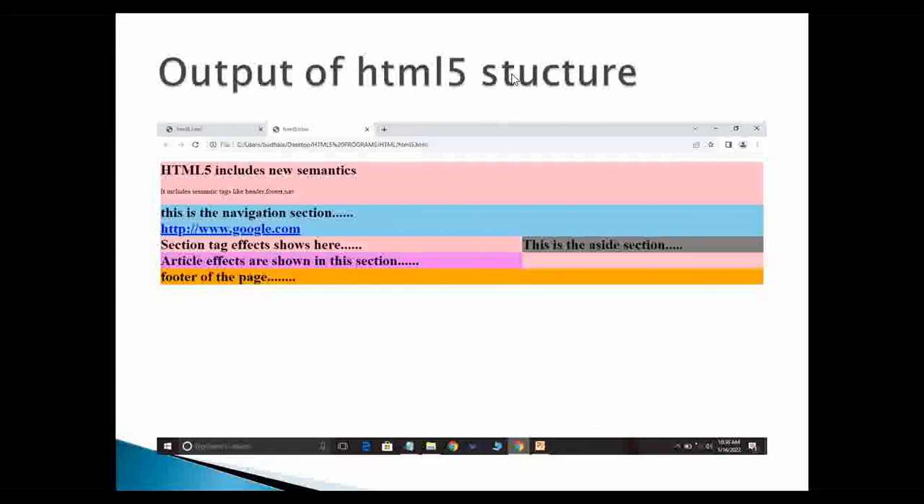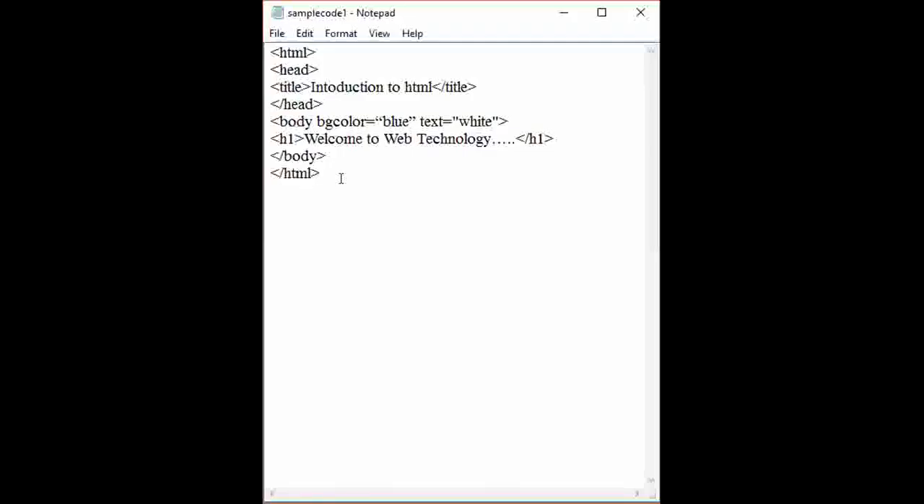by using Notepad. This is a simple sample code which I have designed for you, for beginners. First of all, we have started with the HTML tag. Next is the head section. In the head section, I have given a simple title, Introduction to HTML. In the body section, I have given the background color as blue and the text as white, and